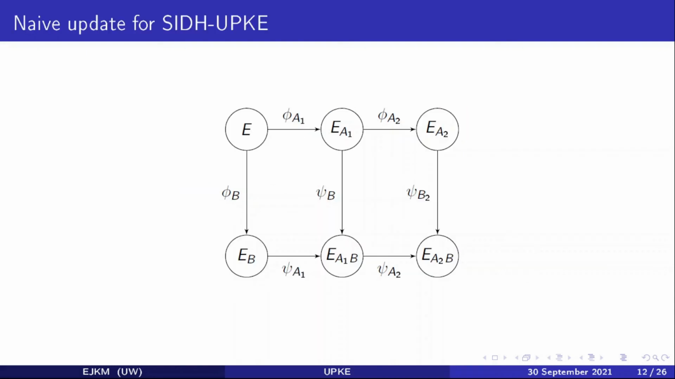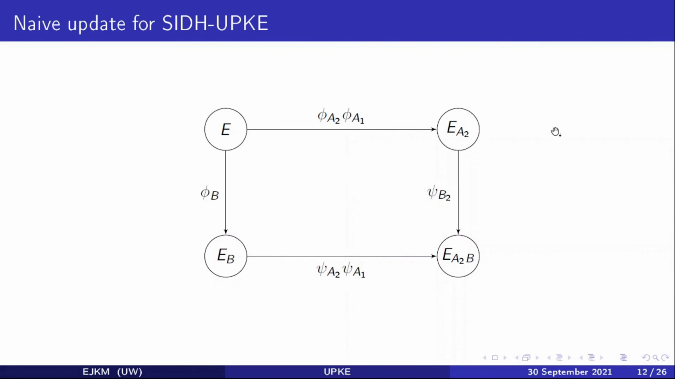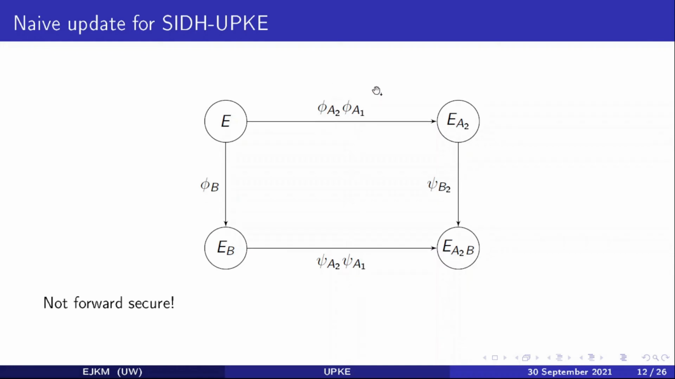The naive way to update Alice's secret key in SIDH, let's say if the original secret key was phi A1, would be to add another isogeny phi A2 from EA1 to EA2, and then have that Alice's new secret key is phi A2 phi A1. However, this is not forward secure. The reason for that is that if someone can get phi A2 phi A1, they could use this information to